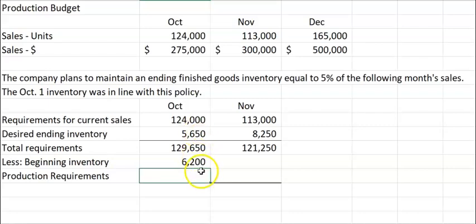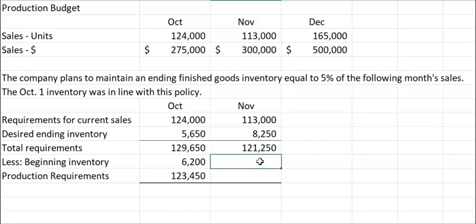So we would have had 6,200. So we need to produce 123,450 units in October. In November, the total requirements for production are 121,250, but we don't need to make 121,250